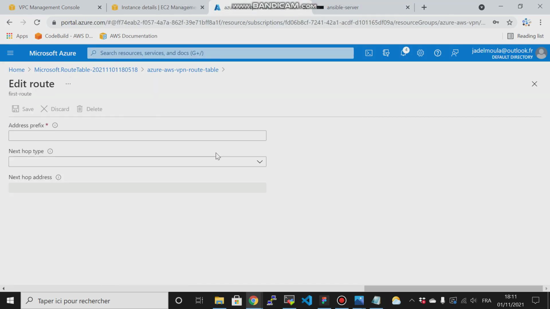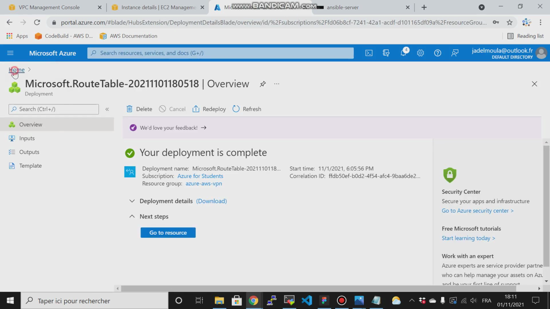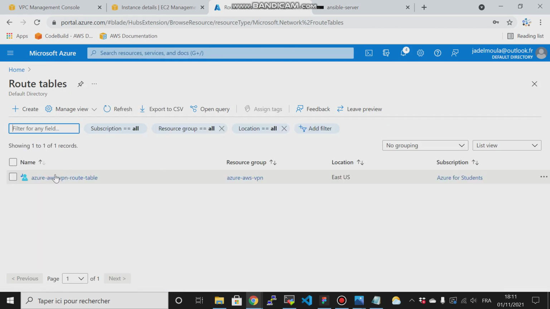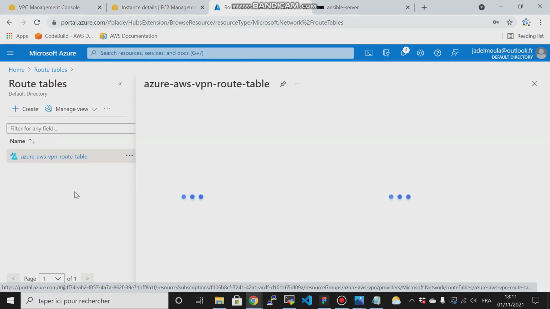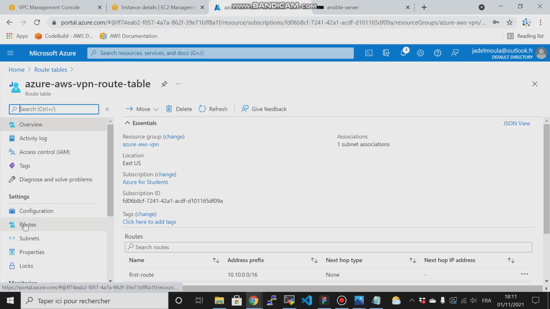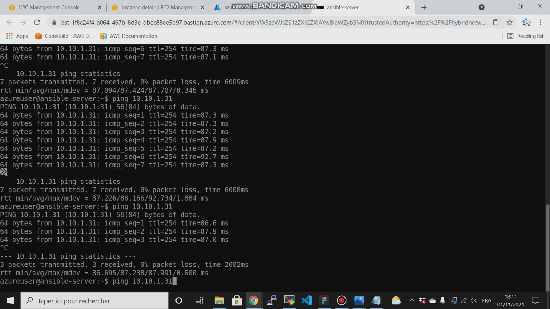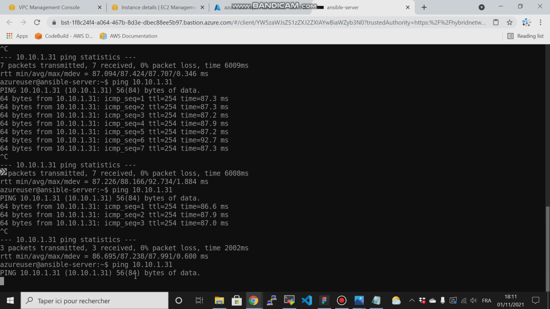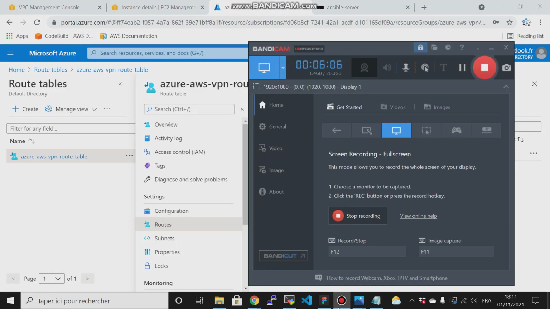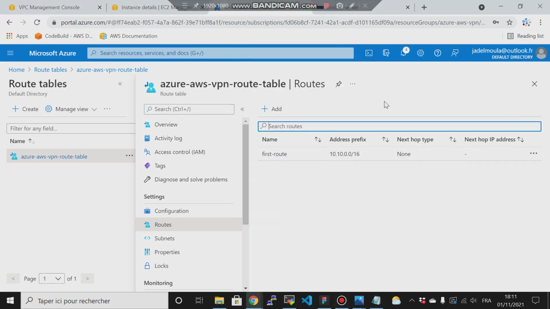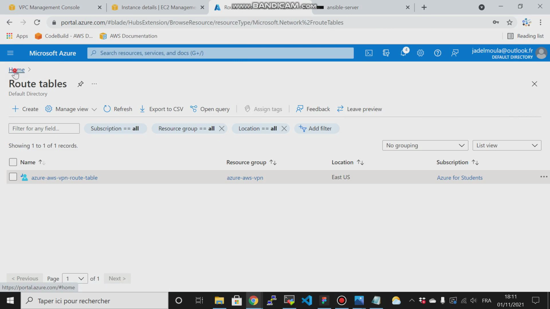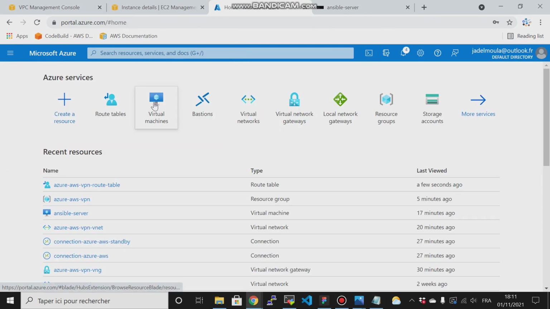Oh yes, you can see that the ping does not work here because I have edited a route table. But if we try to go to the VM, our virtual machine,